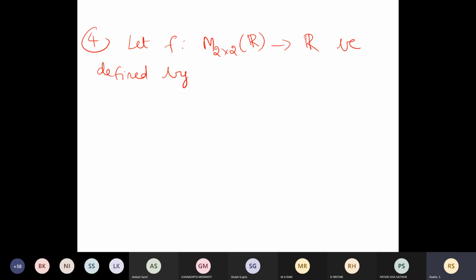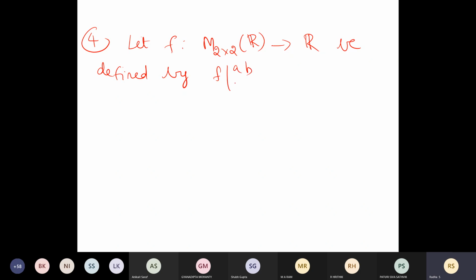how I'm going to define this. Can you say any one mapping? 2 by 2 matrices, you are going to map it with the real value. 2 by 2 has 4 entries, but it should go to one entry. Can you give one mapping? It is up to you. You can decide your own mapping. Any one mapping? Just say one mapping. What way can you define?